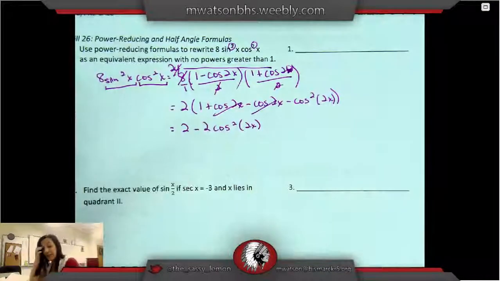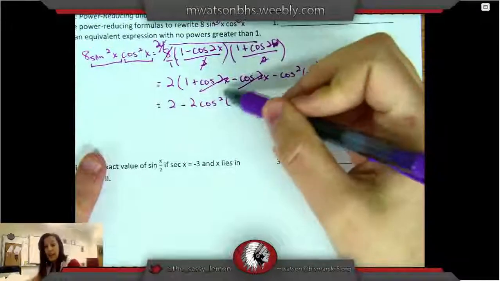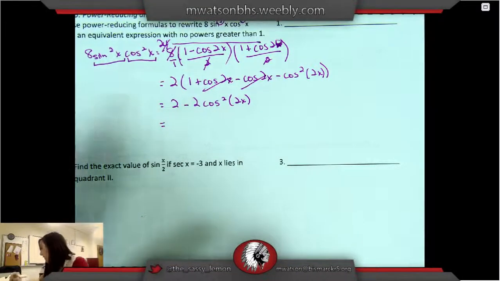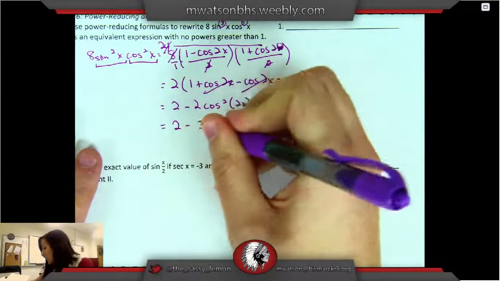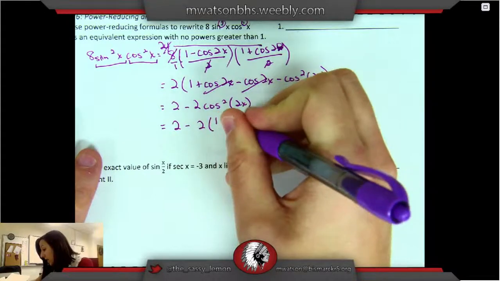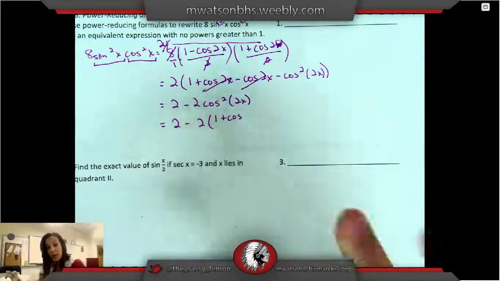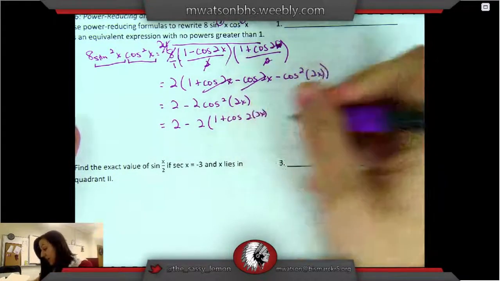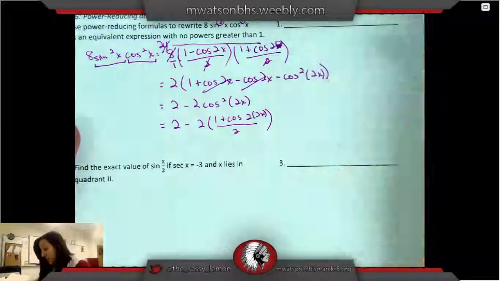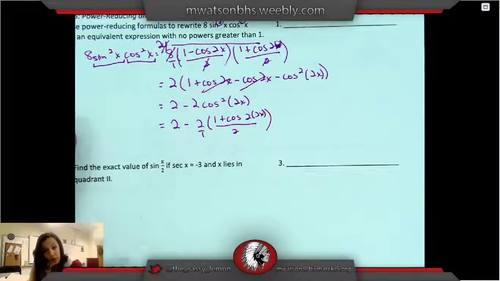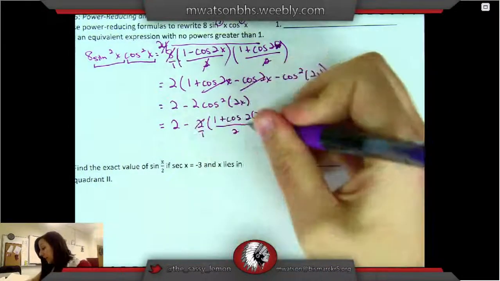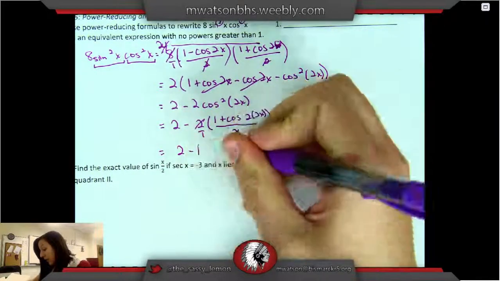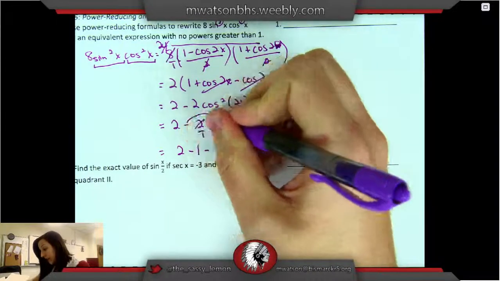Now here's the thing. We have to reduce the power again because this guy is greater than 1. So we're going to use that cosine identity one more time. We're going to have 2 minus 2 times 1 plus cosine of, and what happens in the identity is it doubles the angle. So we have 2 times 2x for our angle now, all over 2. I'm going to go ahead and write my 2 out front over 1 so we can see it's in the numerator, and these guys cancel. So we have 2 minus 1 minus, because this negative sign distributes,